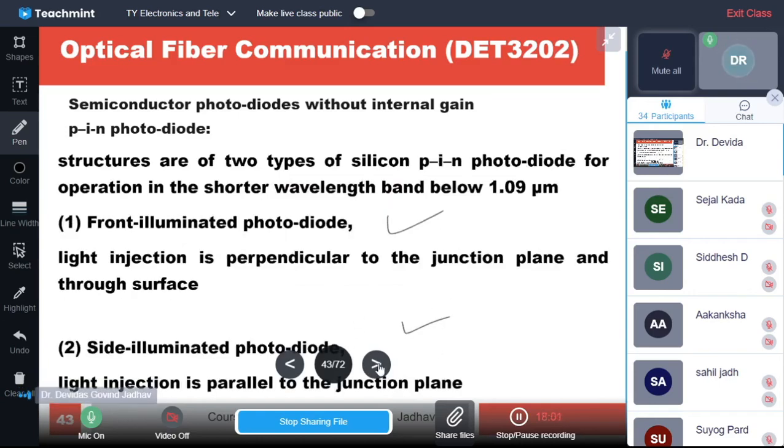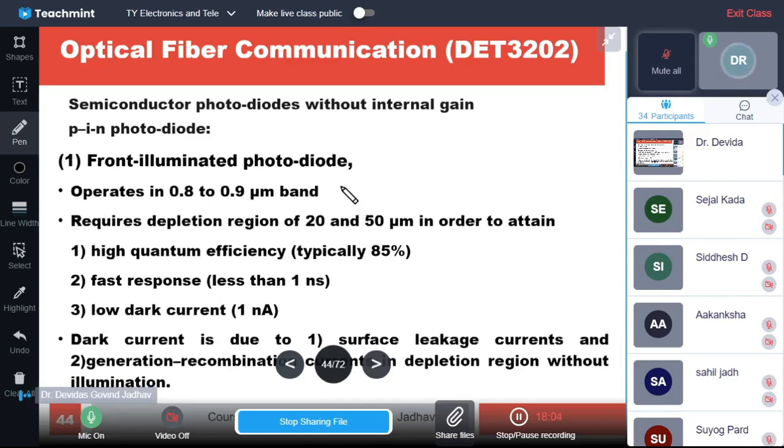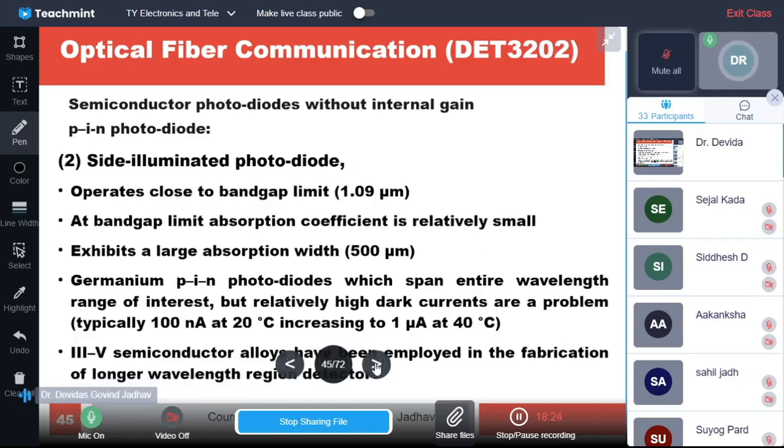Front illumination operates at lower wavelengths because it has a smaller depletion region, 20 to 50 micrometers, in order to attain a quantum efficiency of 85%, a fast response of 1 nanosecond, and low dark current. Dark current is due to surface leakage current and generation-recombination of charge carriers in the depletion region. Side illuminated operates close to the band gap limit, 1.09 micrometer. For longer wavelengths, 0.8, 0.9, and more than 1.09,